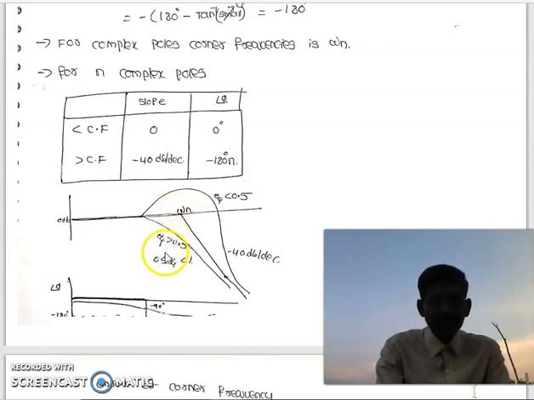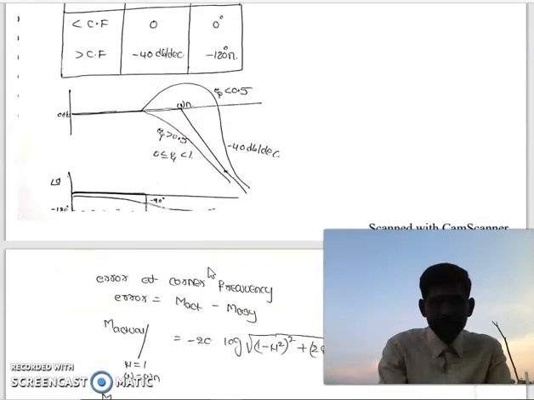Then observe here, for different values of zeta, we will be getting different curves. When zeta is less than 0.5, the magnitude plot will be like this. When zeta is 1, or zeta is greater than 0.5, it will be here, and the corner frequency will be here. When zeta lies between 0 and 1, then it is here. This is the angle plot. For the angle plot also, it will be the same thing.